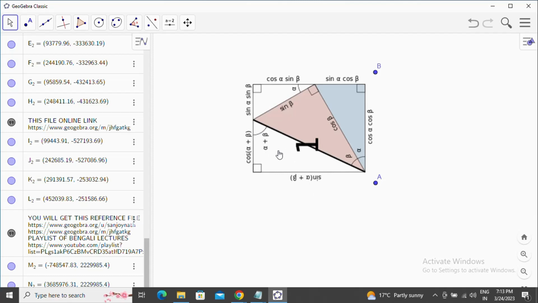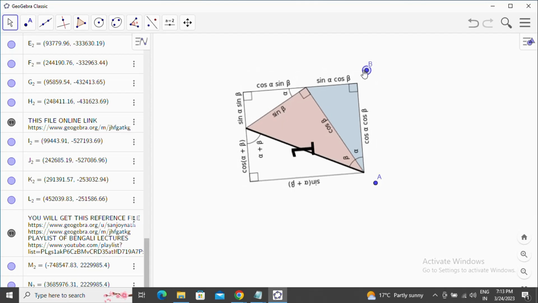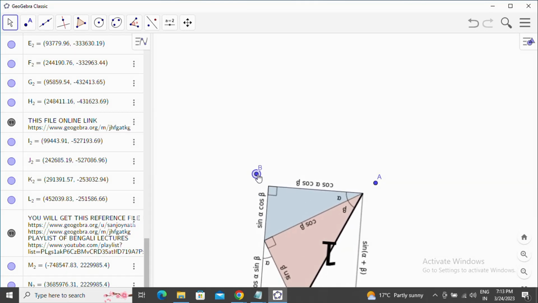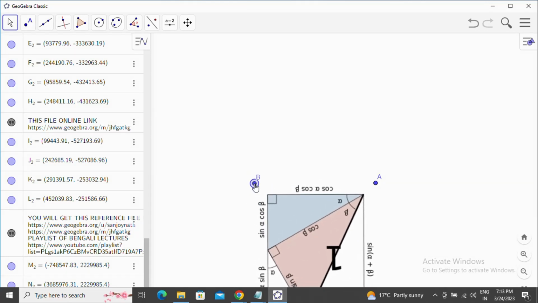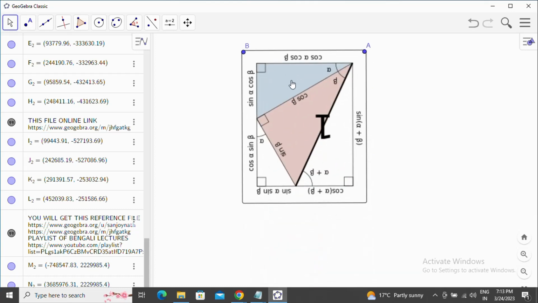Now in this white triangle, this line segment becomes sin(alpha plus beta), because this one is the angle, this one becomes a perpendicular, and this one becomes a base, so it is cos(alpha plus beta). Similarly, if we look at this whole thing in this way, and now if we try to see the picture,